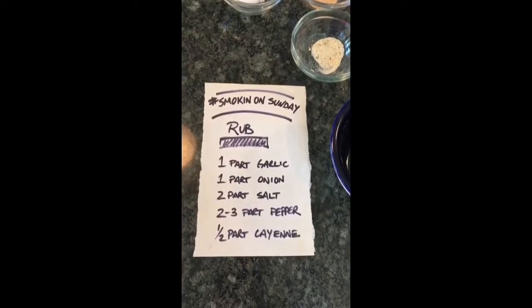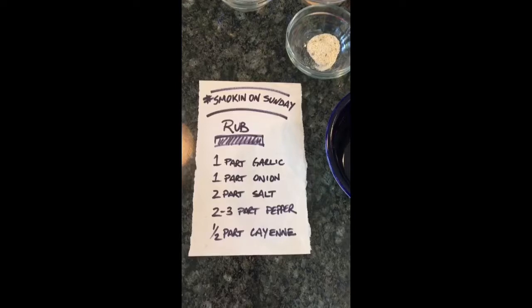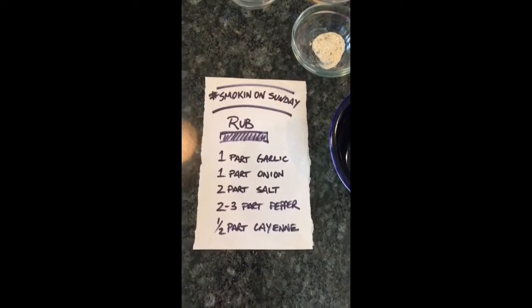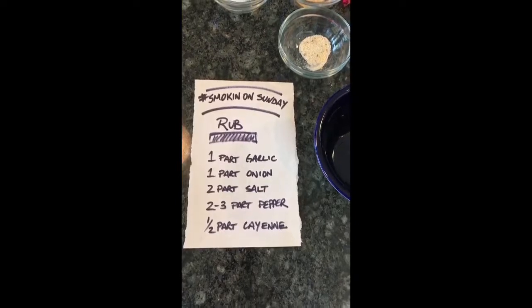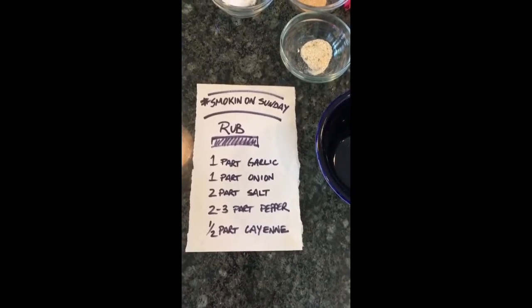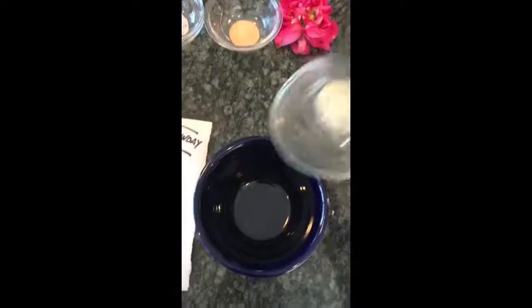Now it's time for the rub. My rub is a very simple recipe of garlic and onion powder, salt, pepper, and cayenne. There's one tip I would give you. I think a little bit of extra pepper always does well to establish a really good crust on the outside of the pulled pork. So we'll get the